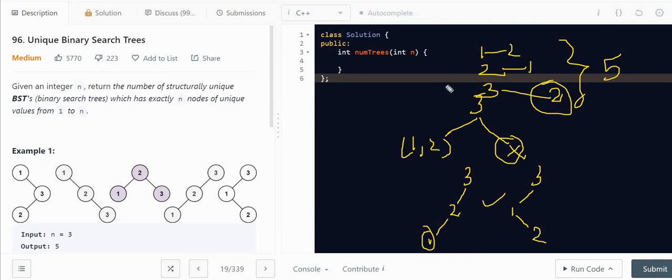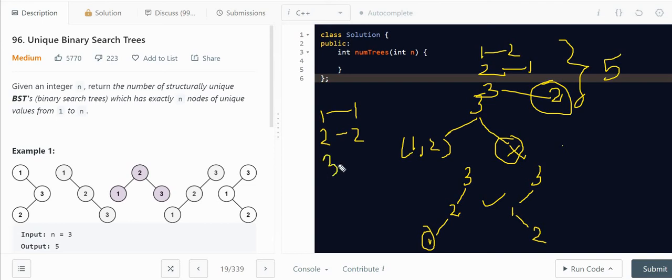And it's a kind of Catalan number, because you can easily find that if I take one element, the output is 1, and if I take 2 numbers, 1 and 2, our output is 2 only.